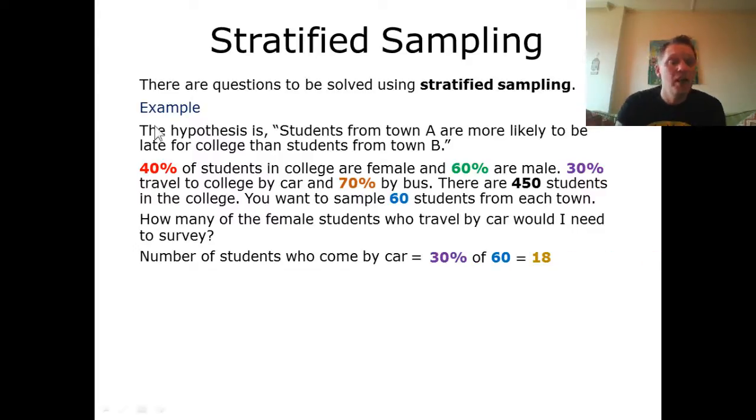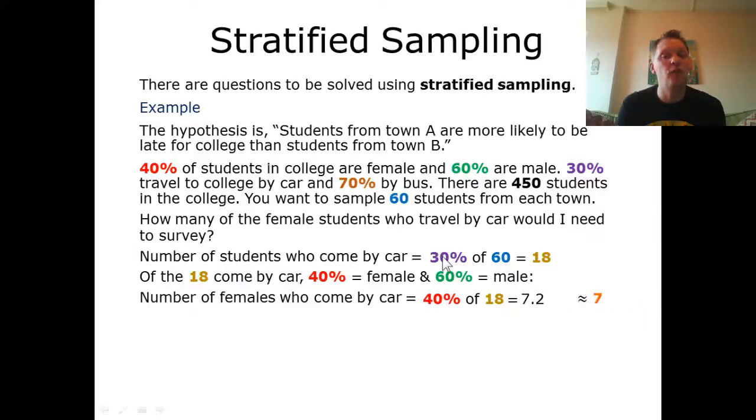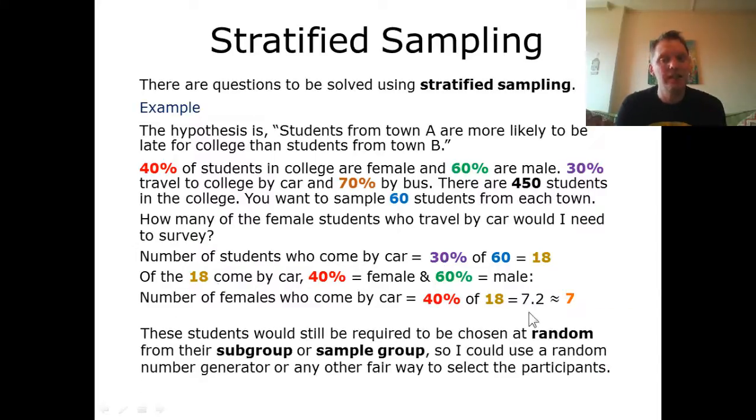So in general, the number of students who travel by car is 30%. So 30% of the 60 I want to sample will be 18 students. So 18 students come by car, 40% are female, 60% are male. So I'm looking for 40% of this 18, which gives me 7.2. Approximating this as 7, I would have to survey 7 females of this group who travel by car. And then, of course, I'd have to randomly pick these